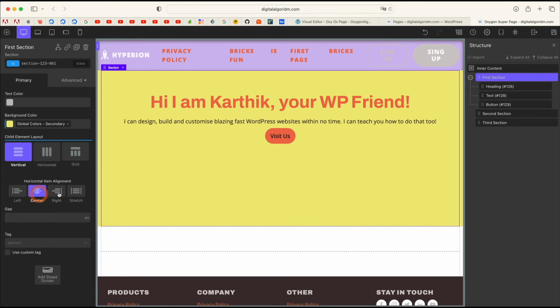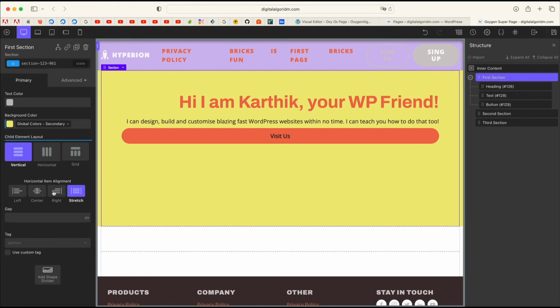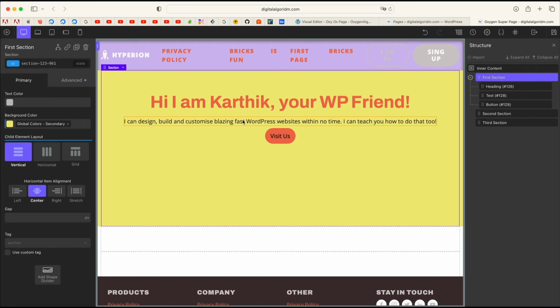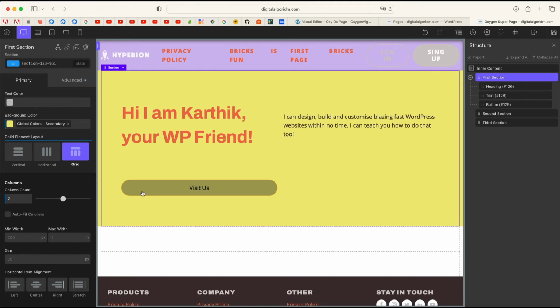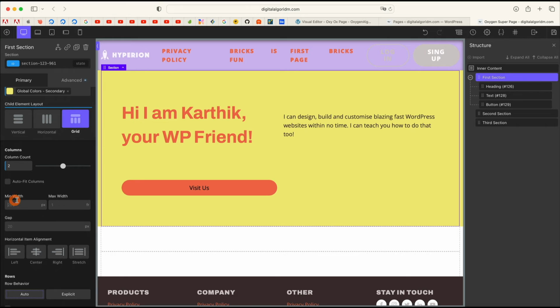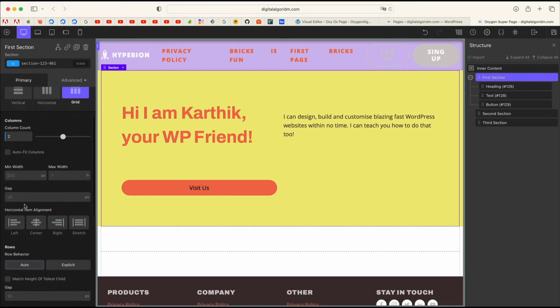You can space them around like so, or you can stretch them like that. But I think this looks better, so we'll settle with that. And there's something called grid. Now you can divide your elements into grids. You don't see them here, but you can define the number of columns. So let's say I just want 2 columns, and you can specify minimum width, but again, I recommend leaving it